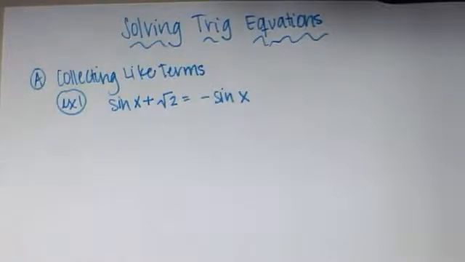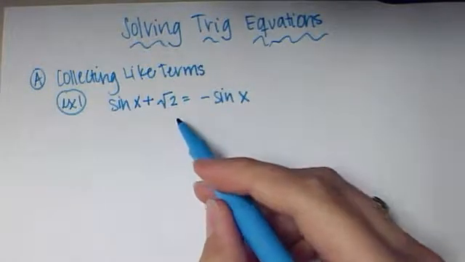Today in pre-cal we talked about solving trig equations. The first section we talked about was to collect like terms on one side. So in this example, you'll notice that you have two different groups of sine. To move them to the same side, you'll want to move either to the left or to the right. In this case, I'm going to move everything to the right side so that I only have to move things once. So I'm going to subtract sine of x from both sides